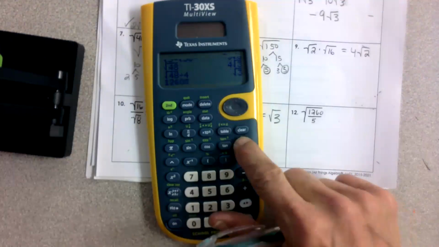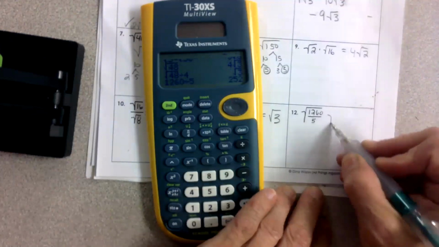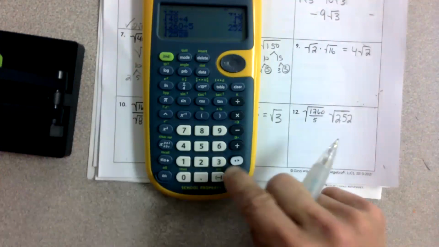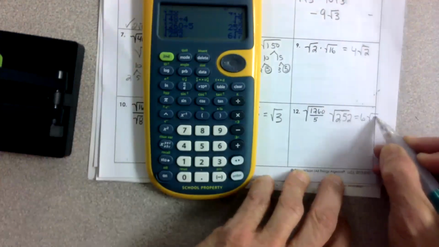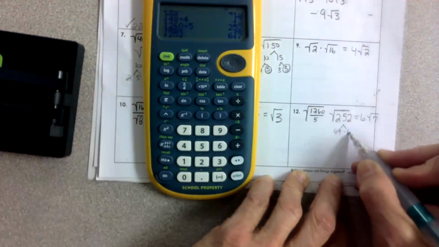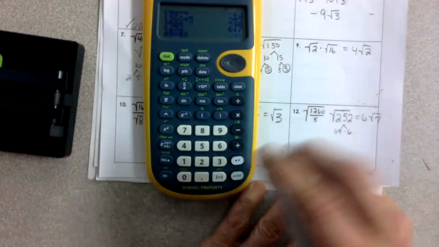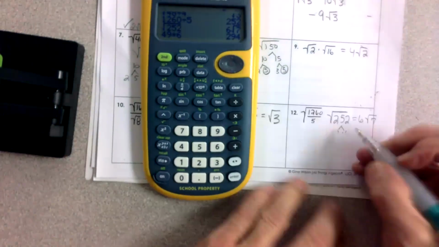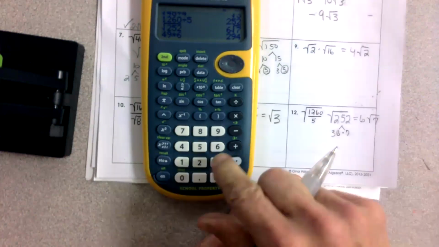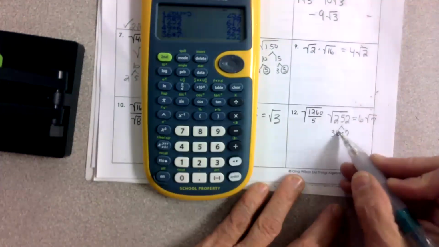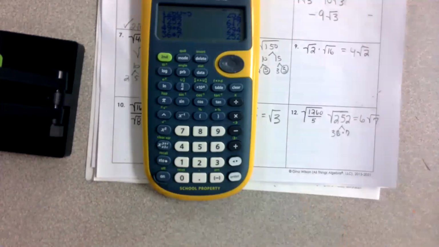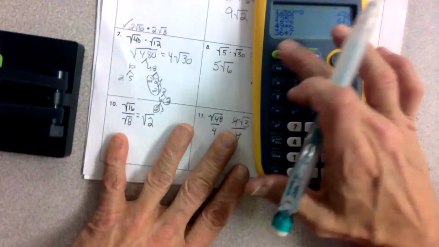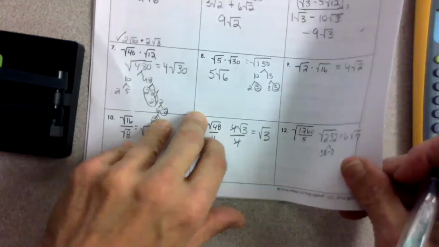1,260 divided by 5 is 252. And then the square root of 252 is 6 square root 7. Because 36 times 7 is 252. And the square root of 36 is 6. So you get 6 square root 7. Okay, so just remember, you can, of course, use your calculator on this section, which I probably shouldn't let you, but,